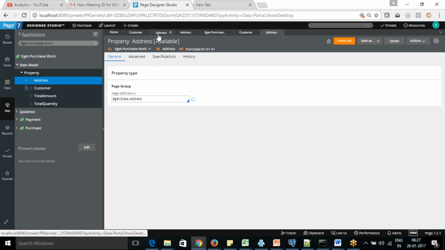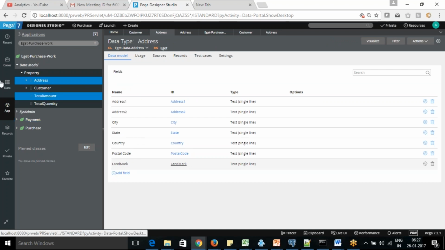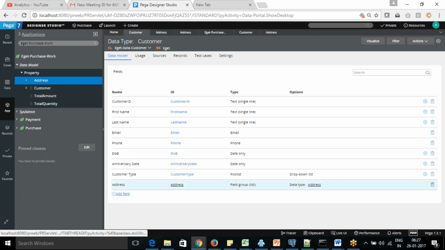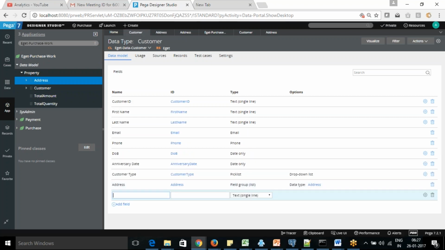So actually, if you say I'm going to add a new field, it will be automatically added in the structure as well. So if you say I'm in customer, I'm going to add a new field here. Say location or something. I'm just thinking, we have email, phone, everything. If you say we are maintaining the last purchase date, like that.